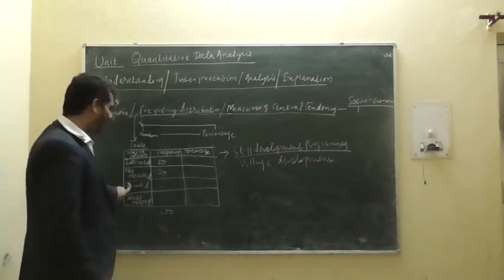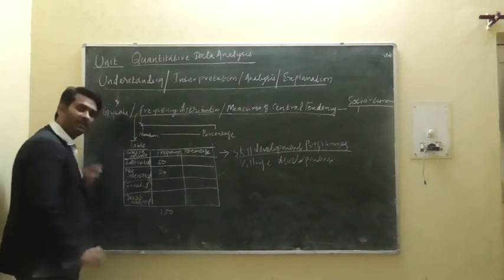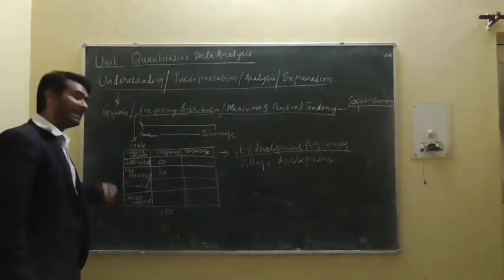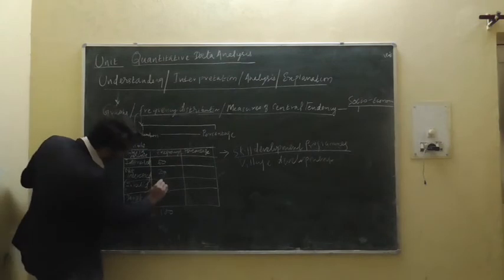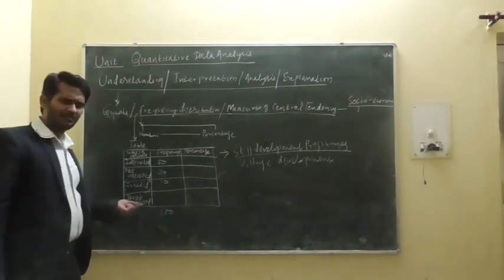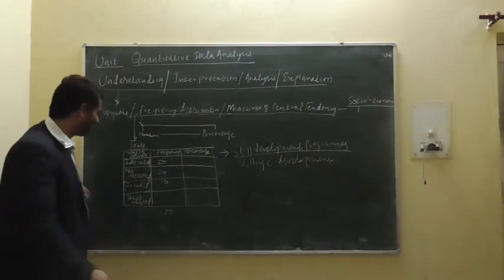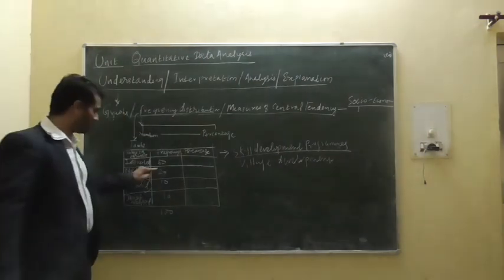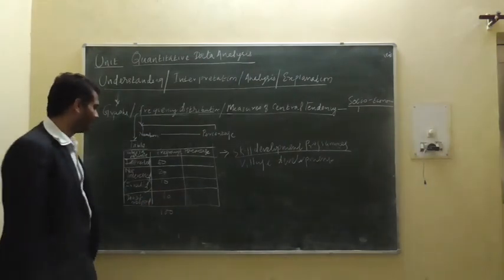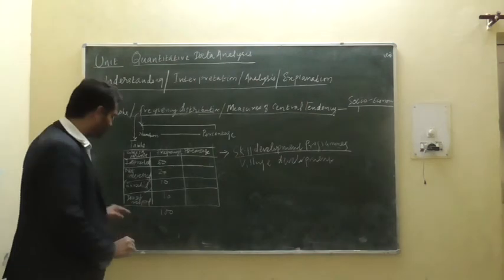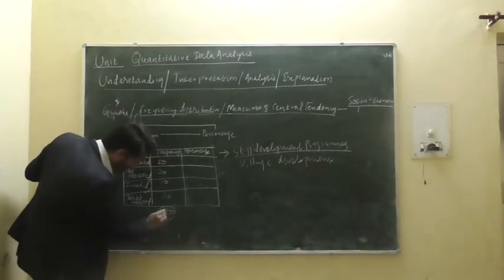At the same time, invalid is that you are asking the appropriate question to an inappropriate respondent, and it becomes invalid. And the other 10 people are not even responding, they didn't say anything. So you put a 10 here. So how many people you have interviewed? The total interviewed is